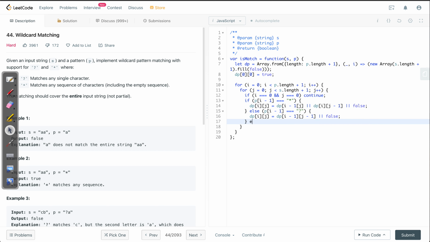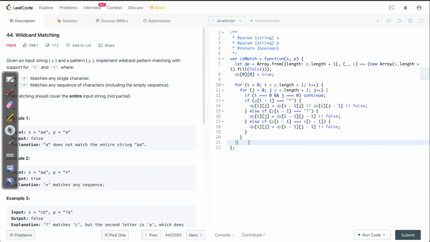And then it is going to be the last case where p[i minus 1] is equal to s[j minus 1]. So now this puts it in parity with the question mark case, so it is going to be exactly the same answer here. Actually, I could have merged these two conditions into just one, but I think it makes it clearer. And else dp[i][j] is going to be false, but we have already taken care of this in the default case as false.